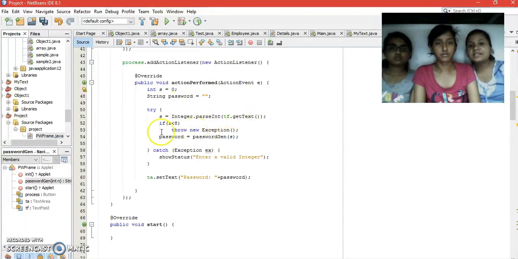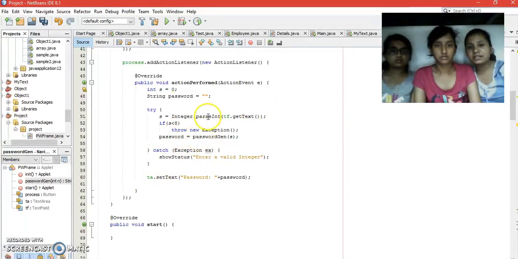Then s is equal to Integer.parseInt. In that we have passed the argument tf.getText. So first when we enter the length of the password, initially it will be in double quotes. So Integer.parseInt will change that so that we get the integer value. Then the s value, that length of the password, should be greater than 8.